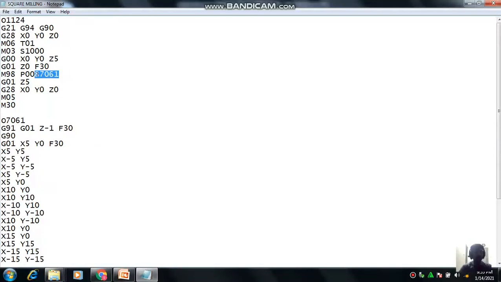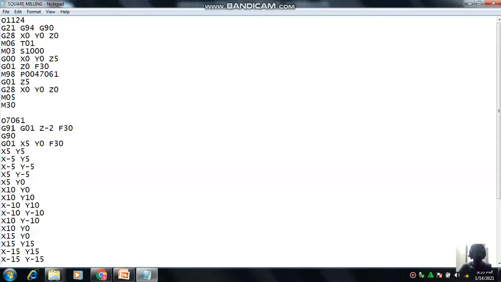So the subprogram. Here we can write 7061 as a program, and you can go for feed 008, or you can reduce this. Because here in the 0706 subprogram we are going to give incremental 1, instead of that I can make it Z2. If I make it 2, then 8 times is not required, 4 times is enough. So this is how we can make it.